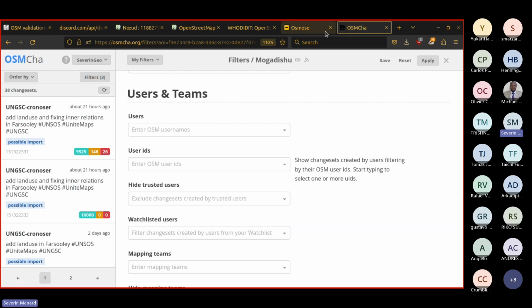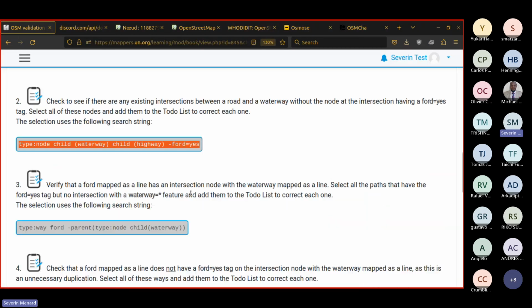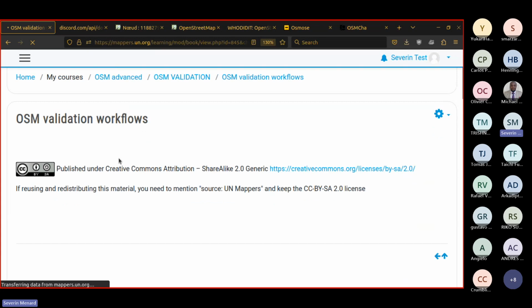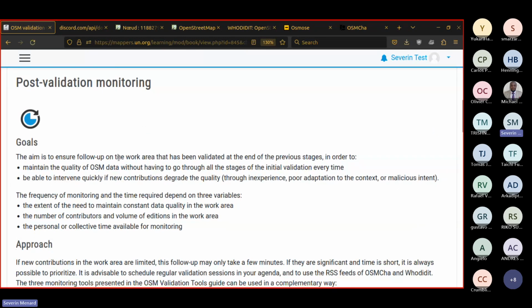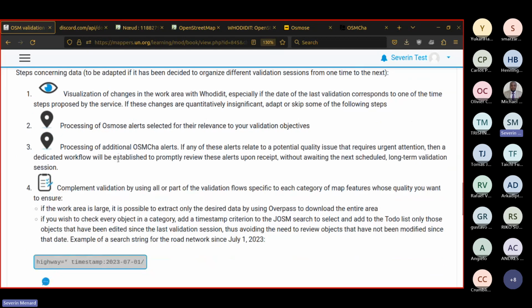And if you want to do that on a large area, you can also use an Overpass request, for example to download only the bridges, fords, and culverts, or the waterways and the road networks.